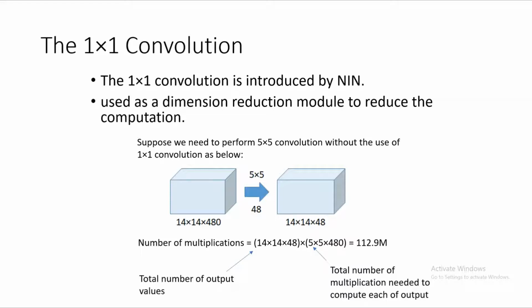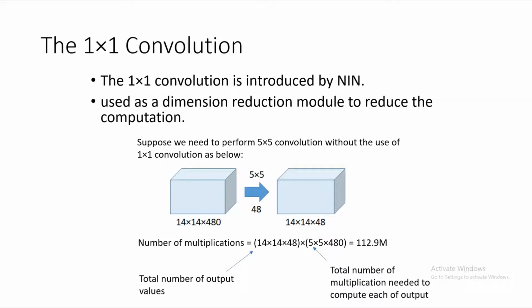So the inception model says that instead of using the filter size you want on the convolution layer or pooling layer directly, we can use 1 by 1 convolution to reduce the dimension, and then we can implement the 5 by 5 filter with the required depth. So let us see the difference in computational cost of using 1 by 1 and the 5